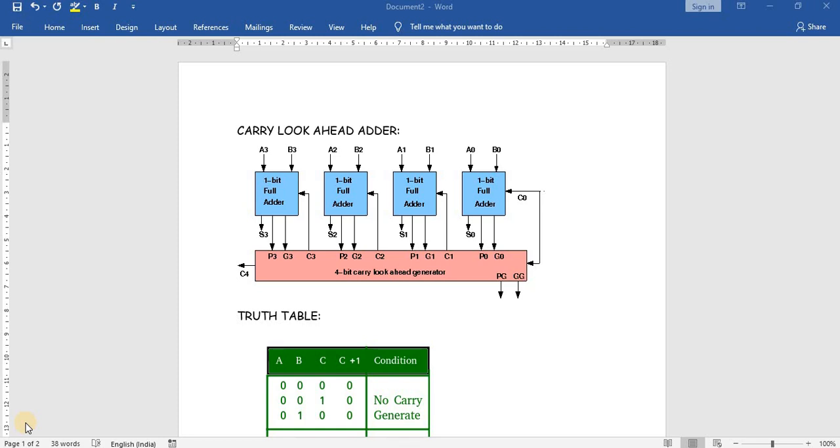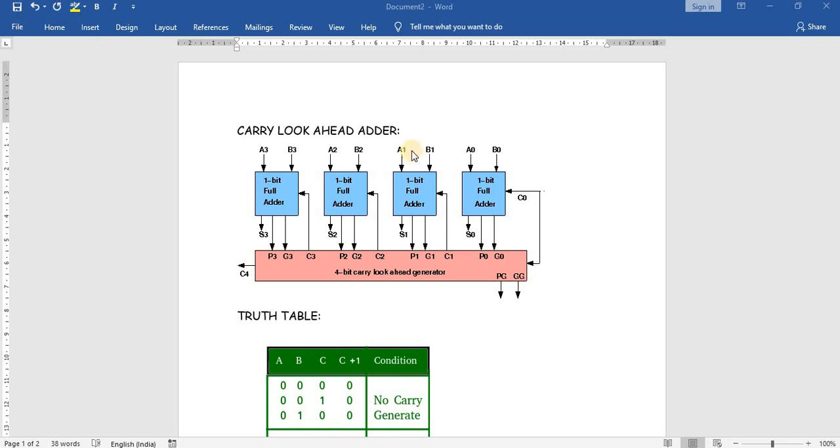Generally we can add two numbers by means of a ripple carry adder. At the first stage the two LSBs get added up and then the carry propagates to the next stage. So until the carry arrives, the next bit will have to wait. Whereas in the carry lookahead adder, the carry is calculated separately by means of propagate and generate.